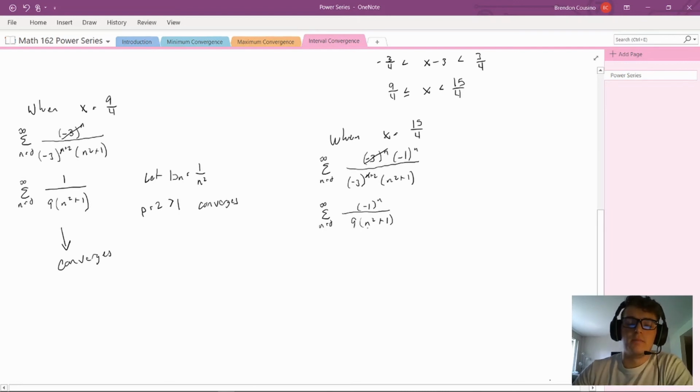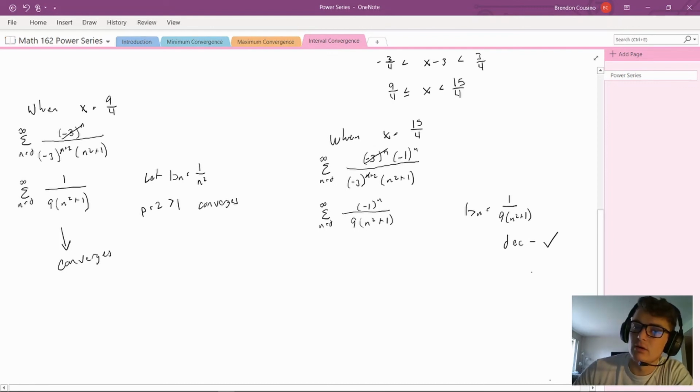Okay, so now we need to determine if this series converges. And so since I have this alternating term, I know I'm going to go ahead and jump right into the alternating series test. So my b of n is equal to 1 over 9 times n squared plus 1. Okay, so for the alternating series test, I need to see if it decreases. So that will be the first thing we'll look at. And so as n gets bigger, my denominator is going to get bigger because I have an n squared in the denominator, and then I'm adding 1 and multiplying by 9. But as n gets bigger, my denominator gets bigger, which means my expression gets smaller,